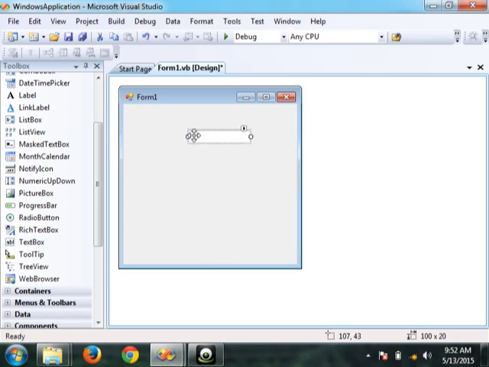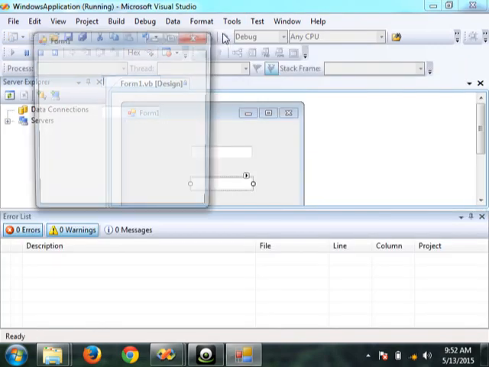What will this text box help me to do? It will just help me to enter some text. That's it. Now I will enter my number over here and I want it to display the reverse number somewhere else. So I want another text box. I'll click, drag it, and put that text box over here. In this text box I'll enter a number, and this is where I will display the reverse number. Am I fine? Okay.